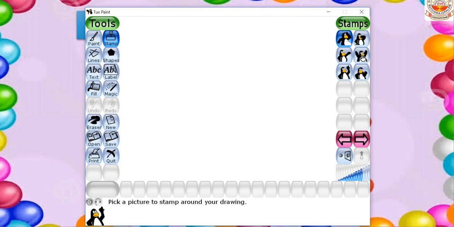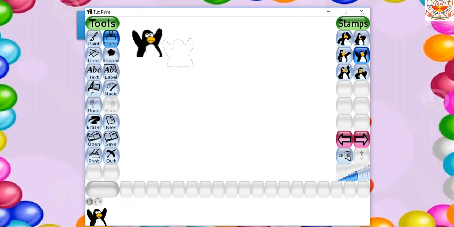There are different pictures. Click any picture. Then come to the drawing canvas and press it. Then you can see a stamp on the screen. You can take any pictures. Come to the drawing canvas, click it. Then you can see the shape.